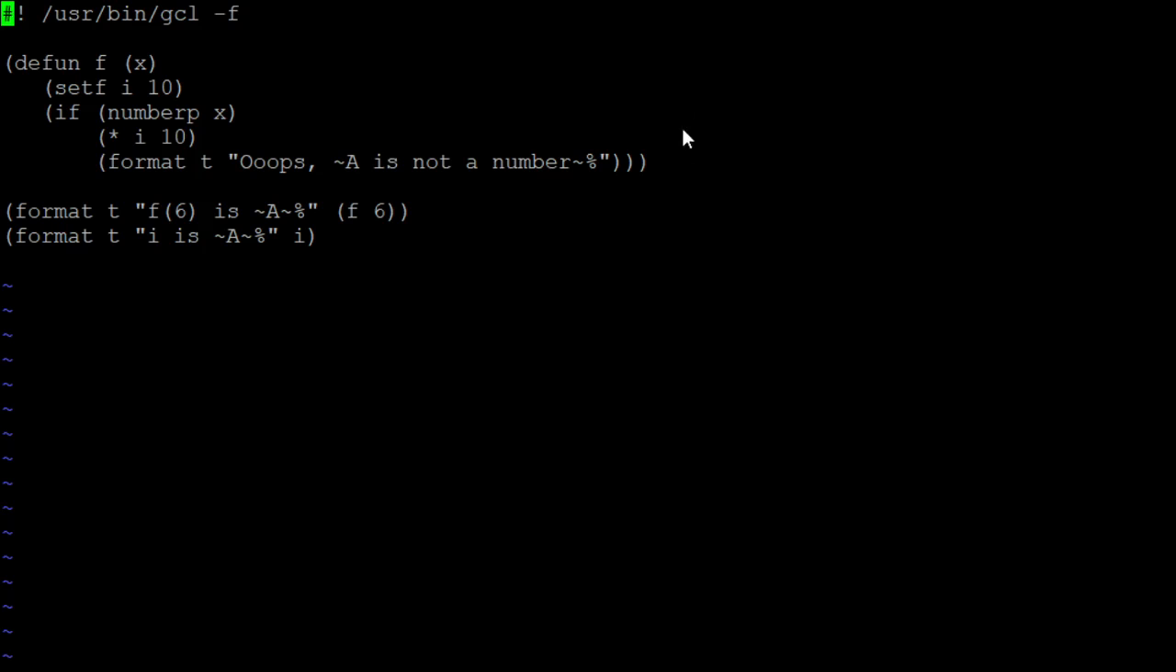I've lost my copy of it. Okay, so we've got a script that's got a function definition in it. So we've got function f, and in f, I'm using this setf on a variable I. Now, I doesn't exist yet, so it is actually creating I as a global variable here and initializing it to